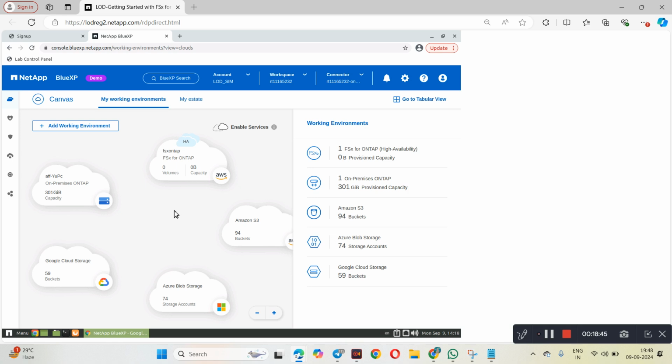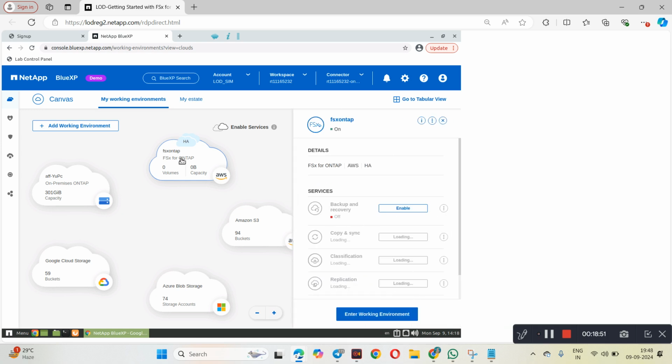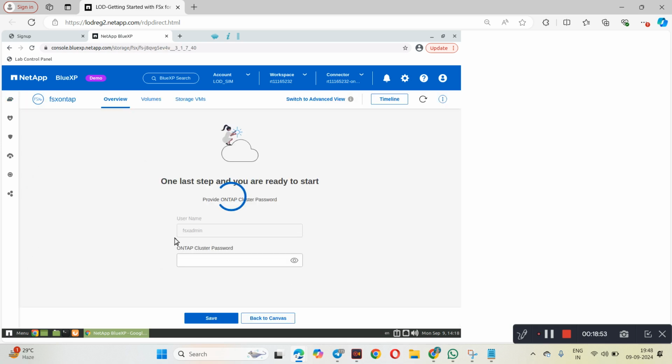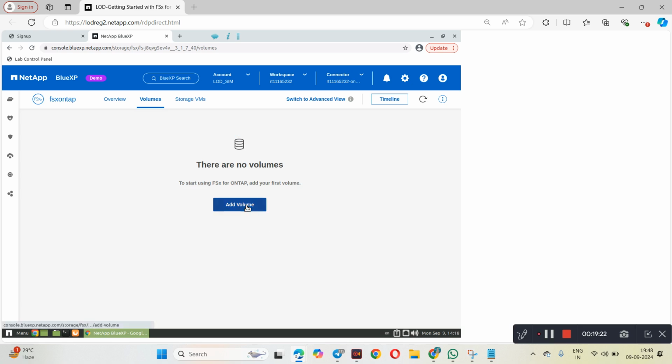So let me do this. Let me walk into the working environment. Okay, we have not given the password, right? One second. Like, save, add volumes. Okay,